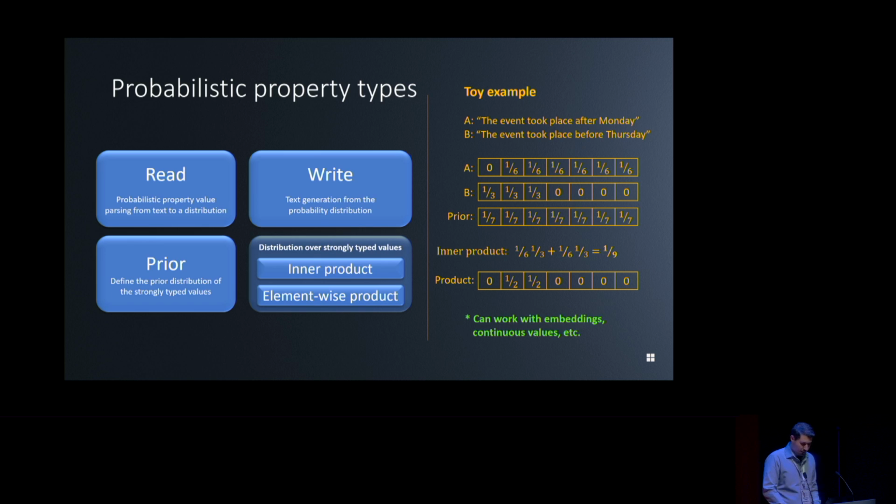Now the element-wise product, in this case, will just be Tuesday and Wednesday, right? Which after normalization, you get this distribution here. By the way, when you compute the element-wise product, the normalizer is the inner product. So in reality, we don't compute them separately. In a lot of our models, the inner product is a part of the computation of the product. However, I decided to write them this way here because if you were defining a model over embeddings, then you might want to approximate them differently, right?